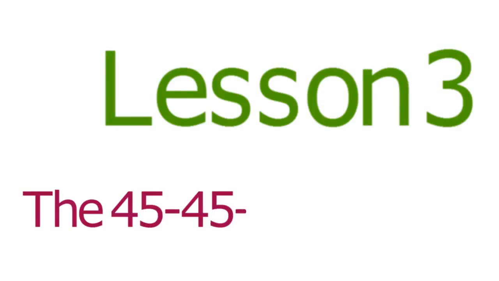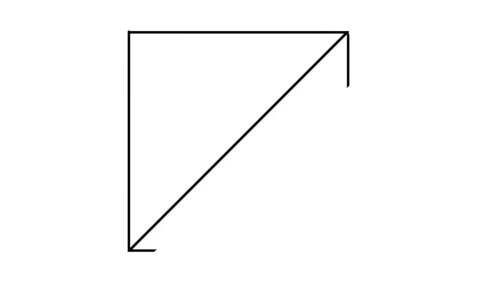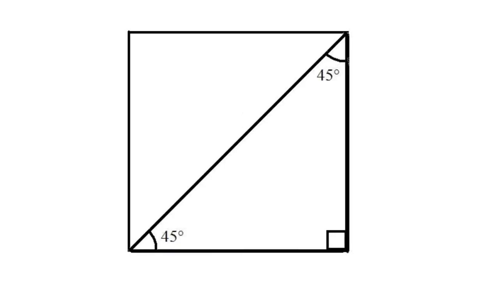Lesson 3. The 45-45-90 triangle. You may recall from geometry that when you bisect a square diagonally from one corner to its opposite corner, the result is a pair of identical isosceles right triangles. Each triangle has a right angle and two 45-degree angles, and is called a